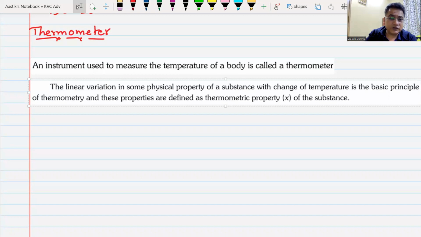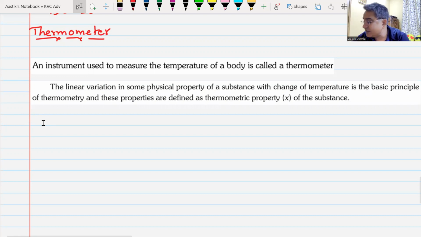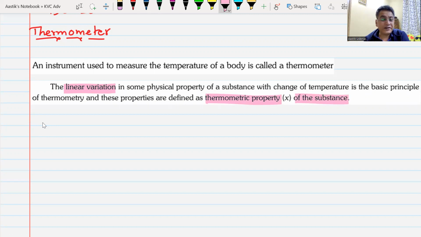If you can find out certain physical properties that change, and that too if they change linearly, means on a straight line, it becomes easy and convenient for us to make a thermometer. So we must be able to find out some thermometric property, we call it. We must be able to find out some thermometric property of a body that changes when the temperature of the body changes. Now we come back to the same question. Can we think of any thermometric property of any body that may change